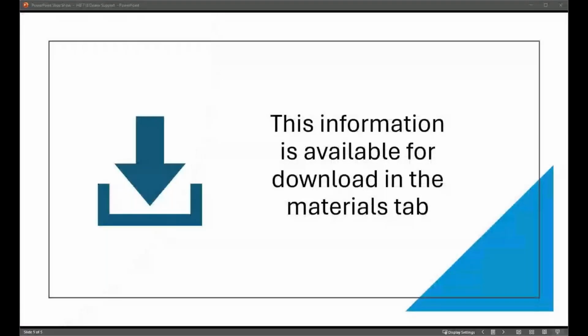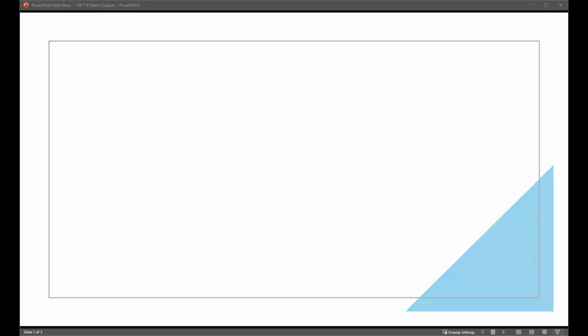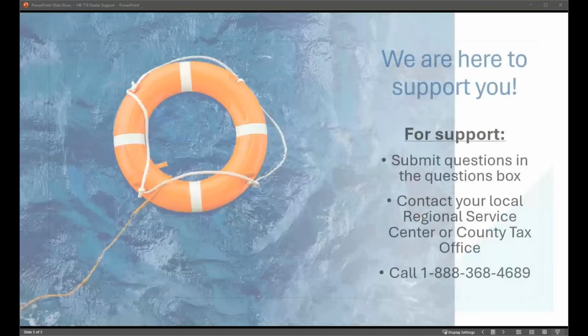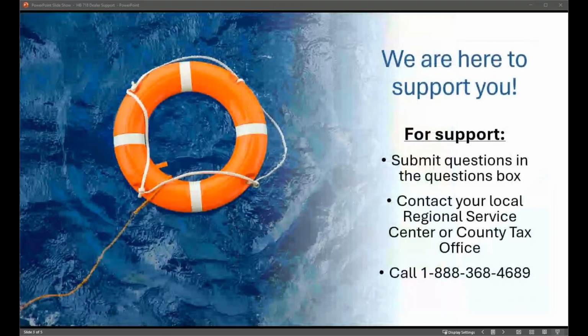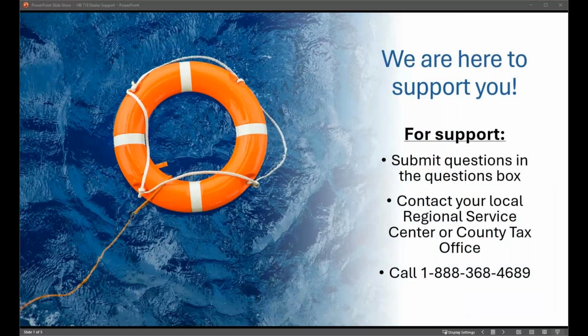Question, what is the red plate for? The red temporary registration plate is going to be used for export or for other purposes. It's going to act the same as that one trip and a 30-day permit that we previously had. These are the plates that you can use for export. Again, you have the two different options, the one trip and the 30-day.